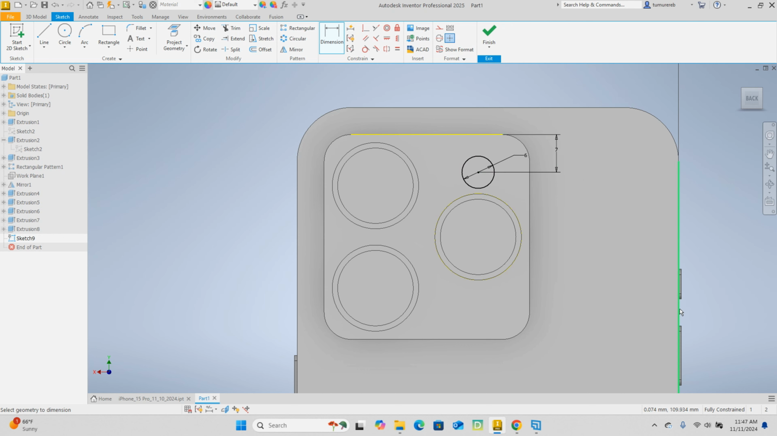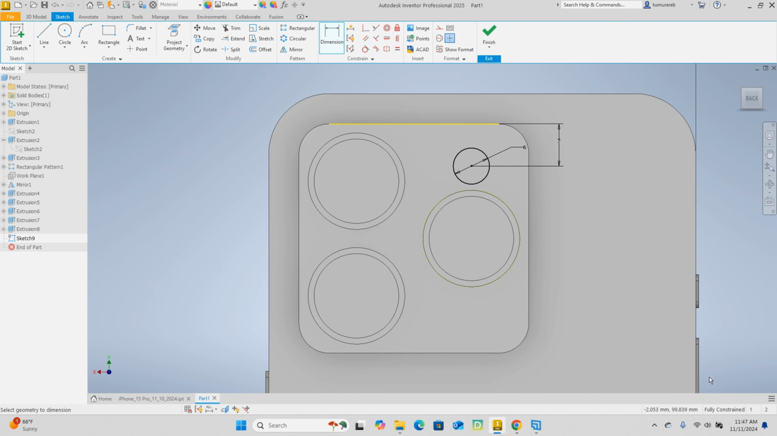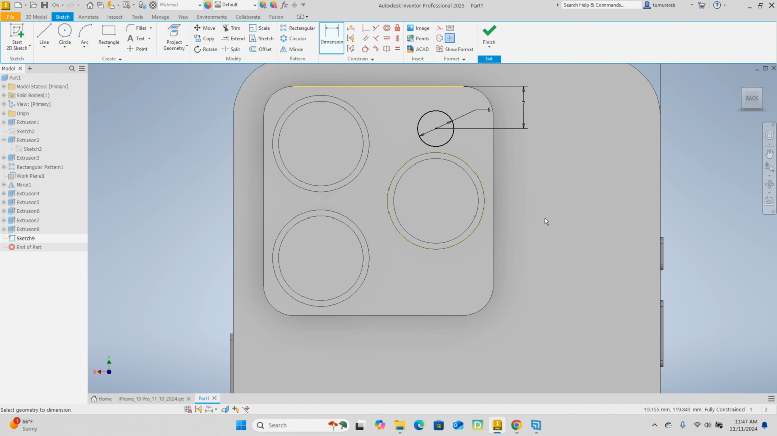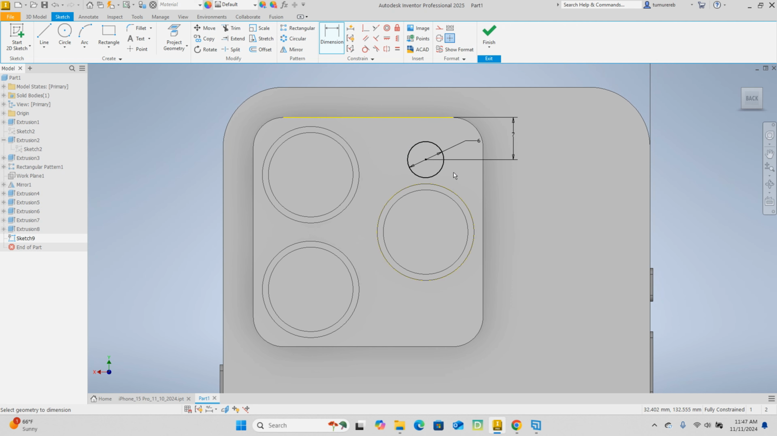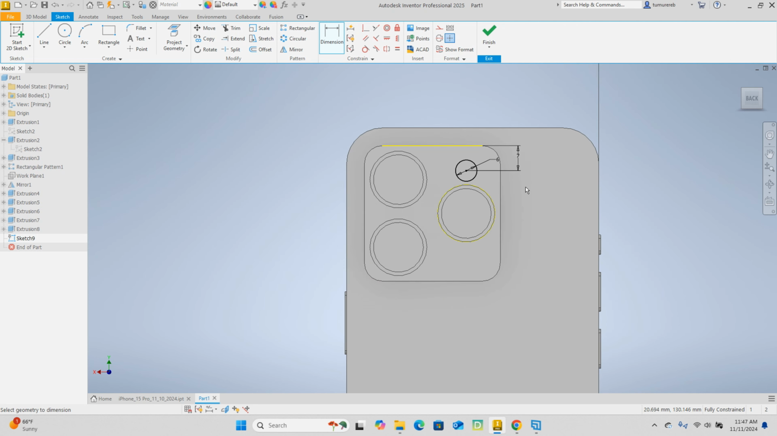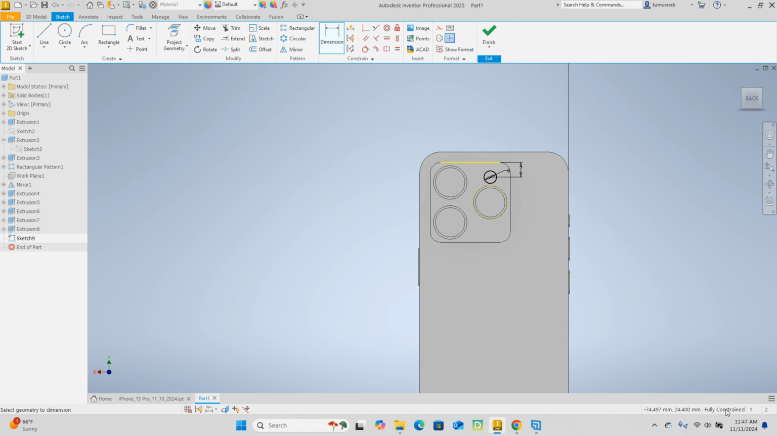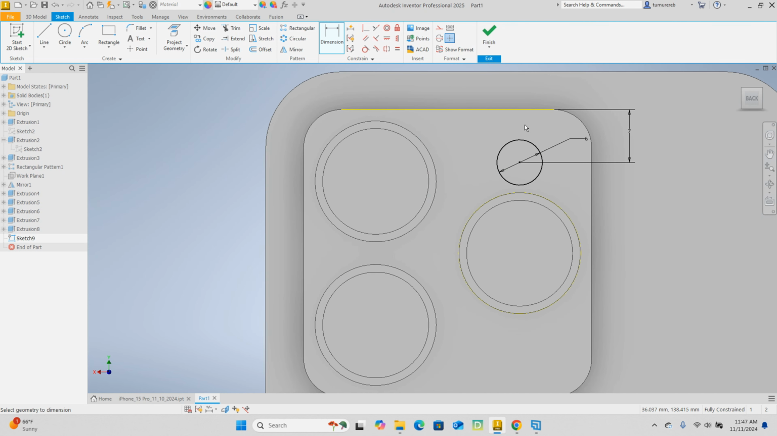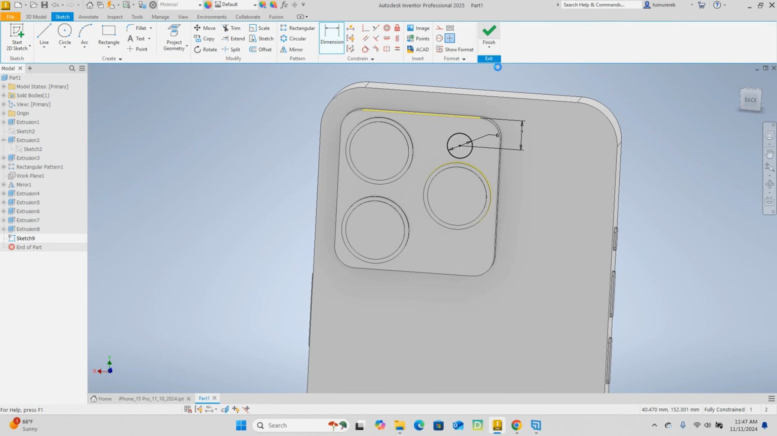Now look at what happened. First of all, the color changed from purple to black. Now our sketch is fully constrained. Easy. Okay? There's another way to do it. I'll show you another way to tell how many dimensions you need to fully constrain your sketch. But the quickest way is to look at the bottom right corner, which tells you. All right. Finish your sketch, extrude it,